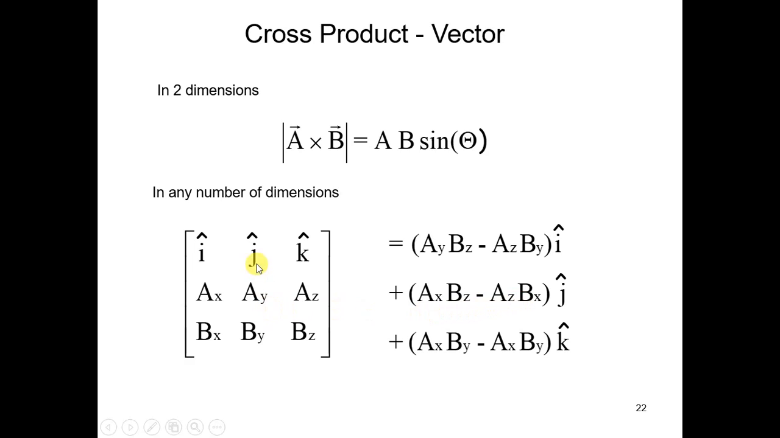so see here, and also whenever we get the value of k cap, at that time we need to do ax into by minus bx into ay. So we will get the value of i, j and k cap. Okay,